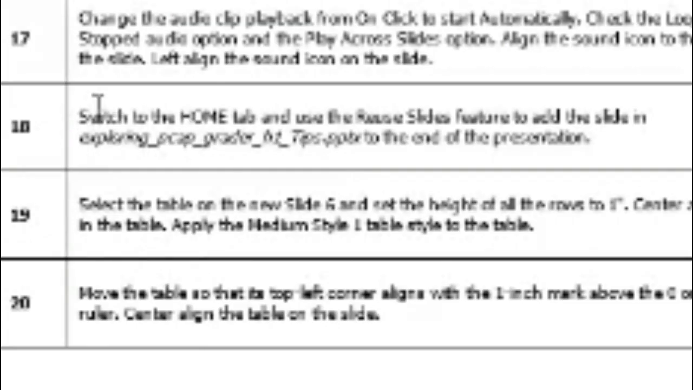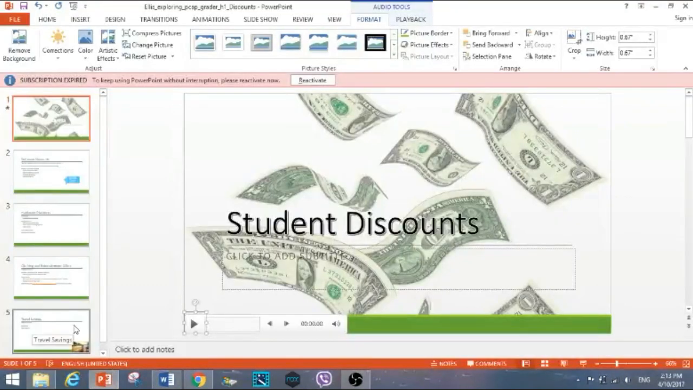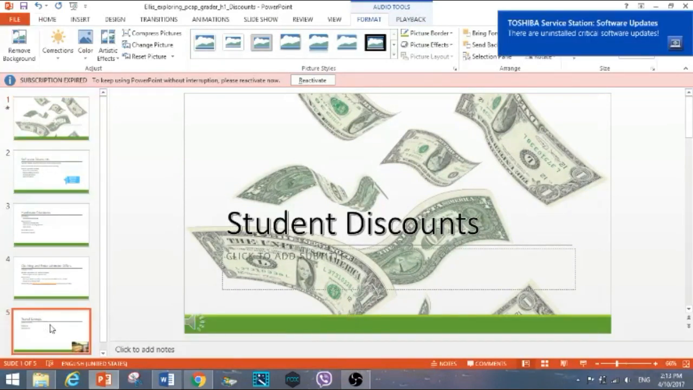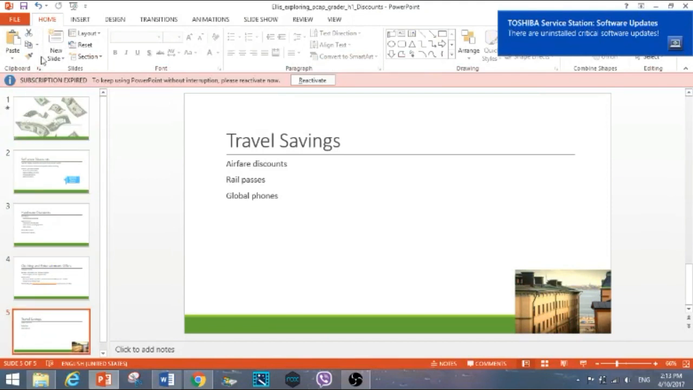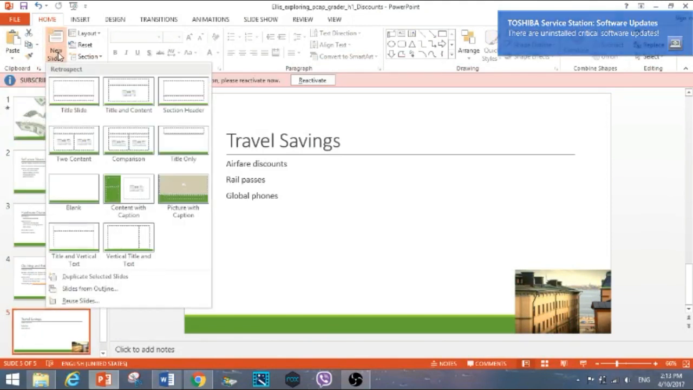Step 18. Switch to the Home tab and use the Reuse Slides feature to add the slides in the extra PowerPoint file we have pertaining to tips to the end of the presentation. So we're going to go to slide 5. I recommend going to slide 5 because if you're on a different slide other than the last slide, it'll be added in the gaps between the slides, where it's not supposed to be. So I recommend slide 5, and we're going to click on the new slide with the down arrow,